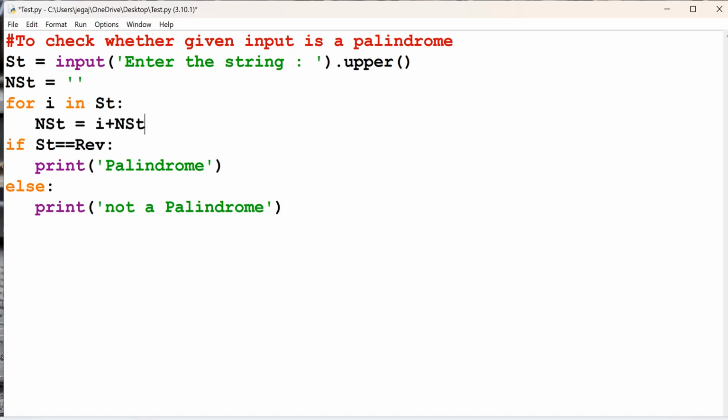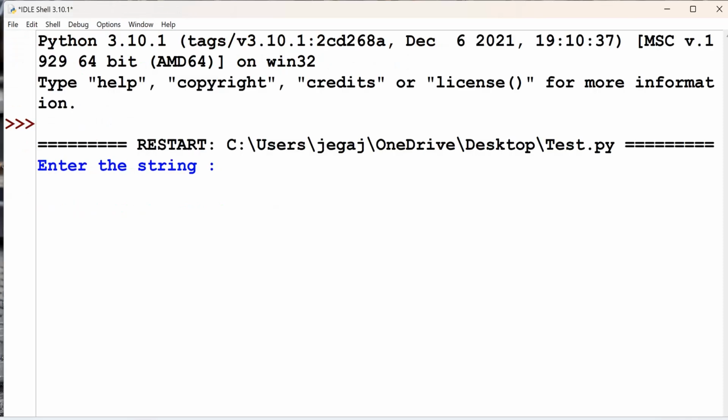In the beginning nst is empty, then first character is taken, added to this, so one character. The second character is added before the first character. So automatically when the for loop ends, every character is added in the beginning of the old one, so that it becomes reverse. Now I check this with new st. I give Malayalam